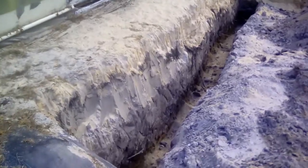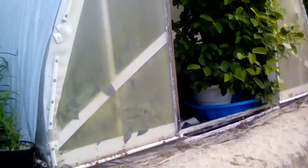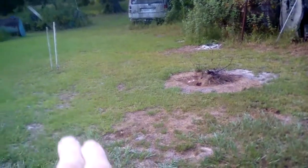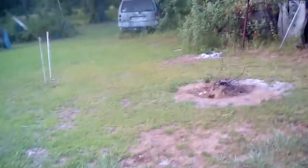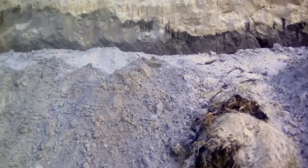But this is where I've got to move that wall and place it in that hole to hold the dirt over here in place. I've still got to take this whole end off, and I think I bought the materials to build a whole new end wall down here for where it will be. It's just where those white posts there are, and it's across to about here, for 32 foot, 12 foot wide. And with some of this dirt here, I'll try to level it up a bit